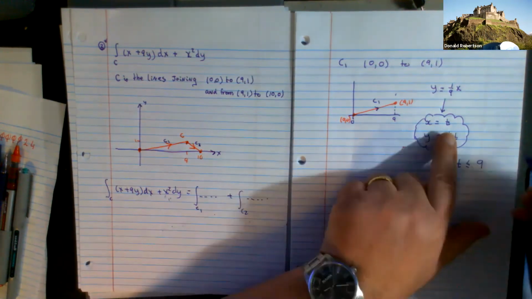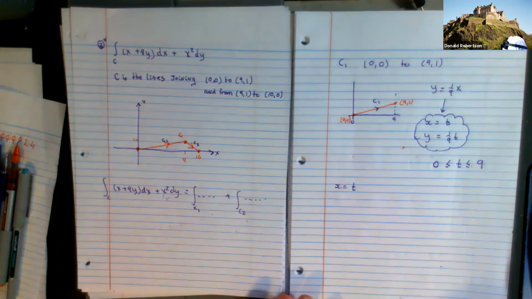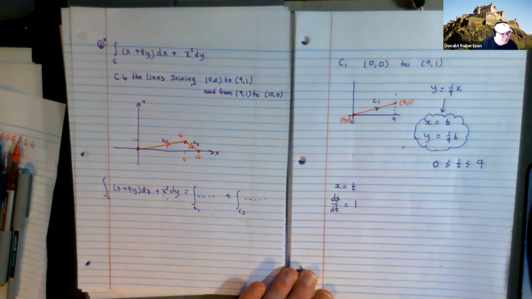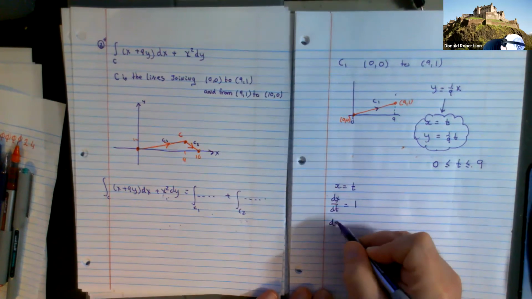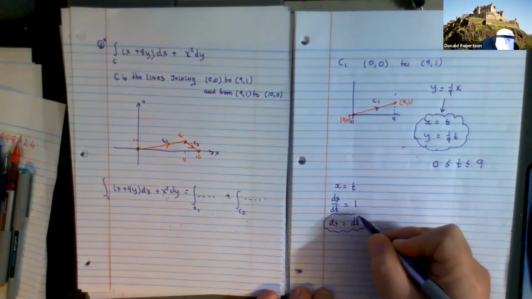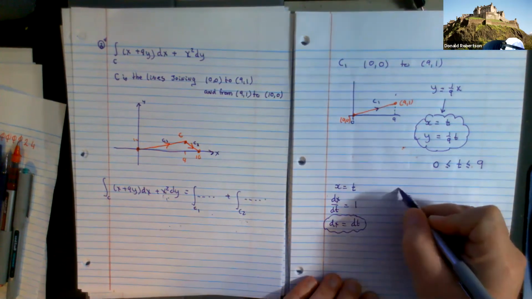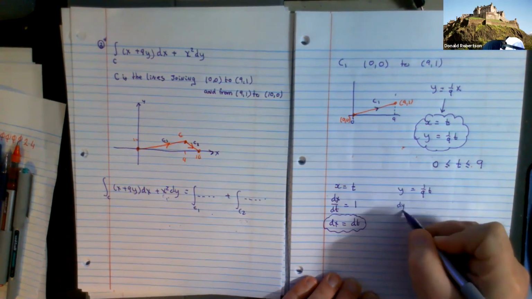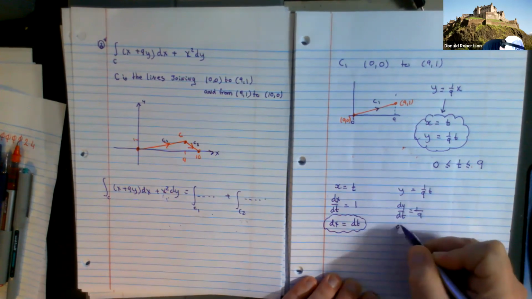Well, I guess I've got plenty of room. I'll just do it. There is x. Won't dx by dt be 1? Like I was doing a u-substitution. And if I do my crossover, in this particular question, won't dx just turn into a dt? Now, what about the y then? Well, it's 1/9 t. So what will dy by dt look like? It will look like 1/9. And if you do the crossover,